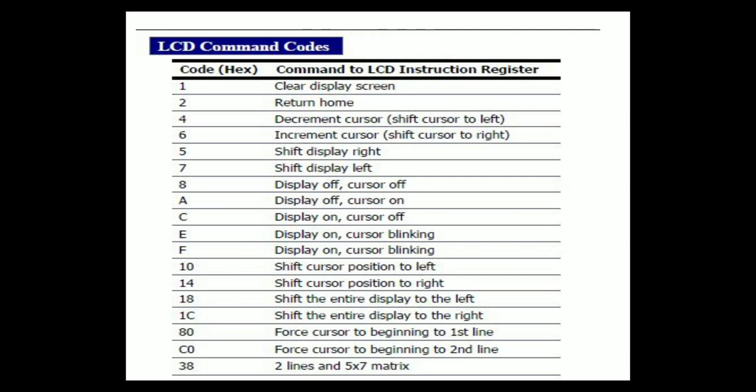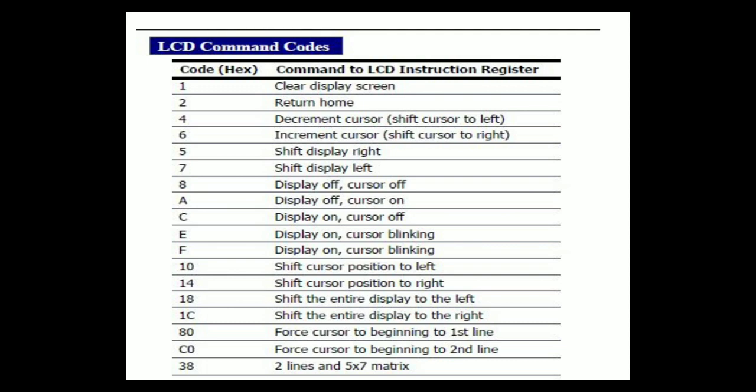Okay, similarly, display off and only cursor on. For example, in the daytime, I don't need a backlight. Only through normal visible light it is possible to see the display, but I want to see the cursor. So that time I use display off, cursor on. Similarly, display on and cursor off. Suppose I am fixed with my content, I don't want any blinking, then I use simply display on, always keeping the display on every time.